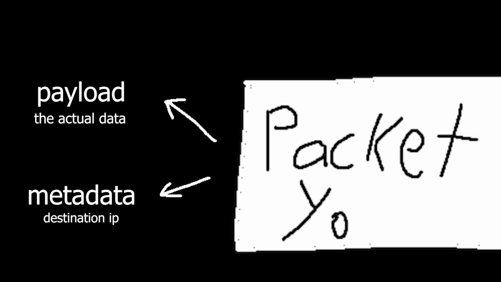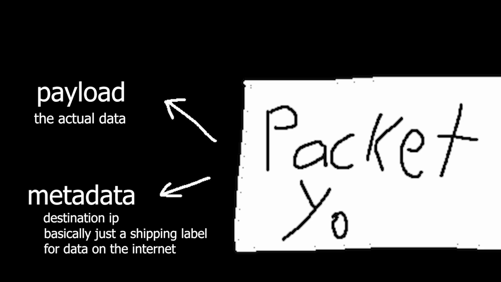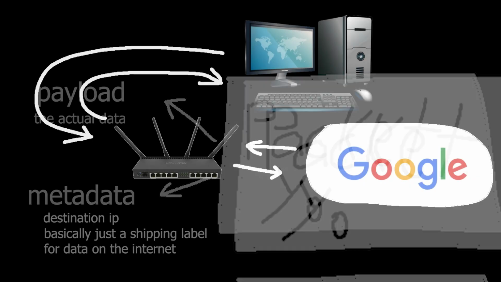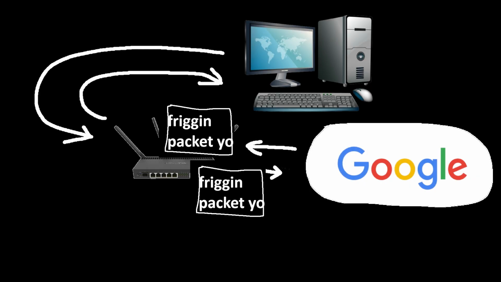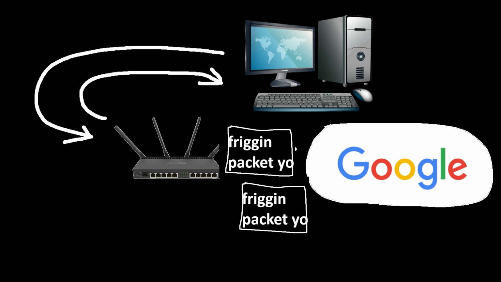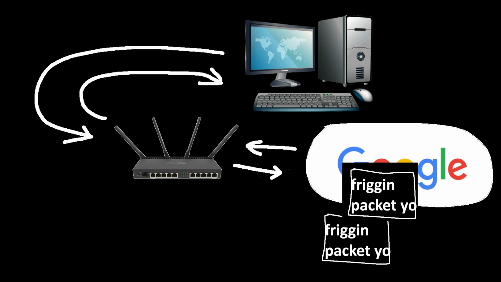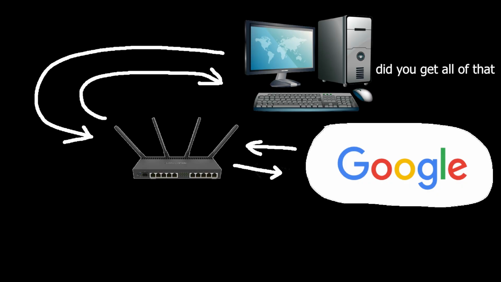This includes the destination IP address, the source IP address, a timestamp, and the order in which the packets should be reassembled. These packets are then sent to your router, which will point them in the direction of another router that's closer to the destination IP address until they arrive at the destination. The TCP requires a final confirmation that the receiving side received all packets, and then the connection ends.